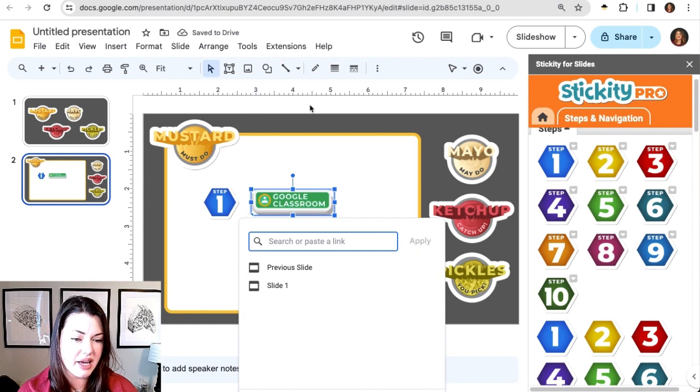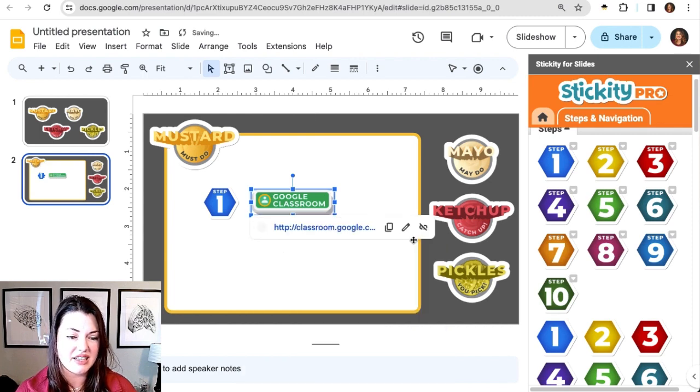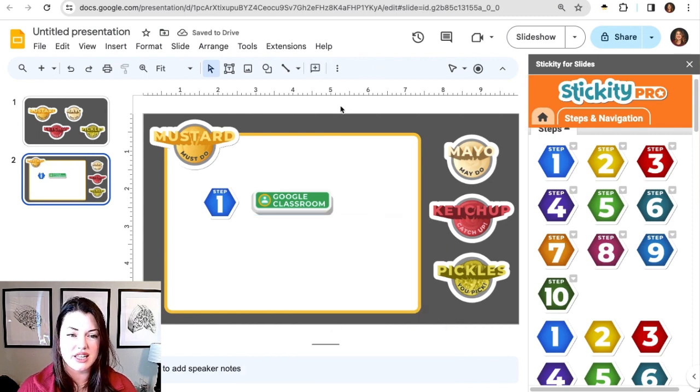Control K or Command K, depending on what you're using for your device today, is going to allow you to add in a hyperlink. So classroom.google.com, and then I'll go ahead and click apply. Now, when students are using this, and I'll show you how to turn it into kind of a mini website at the end, but when students are using this, they'll be able to just click on that button and it